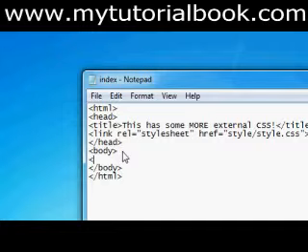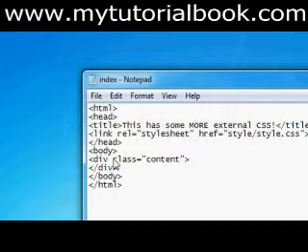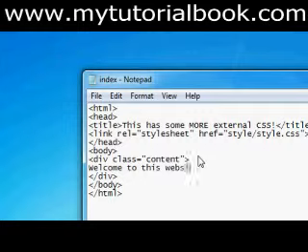So inside the body we're going to go div, and we are going to go div class, and we're going to call it content. Close the div tag, and we're now going to add some content inside, obviously. So we're going to do welcome to this website. And we're going to have a couple of line breaks. BR,